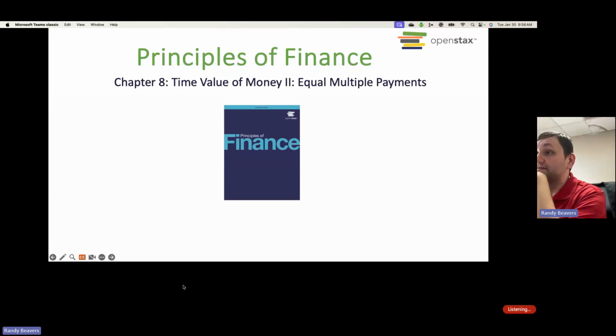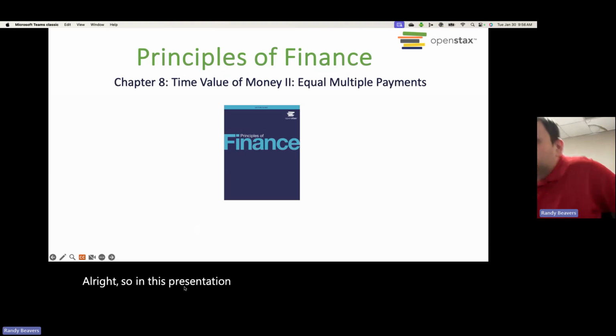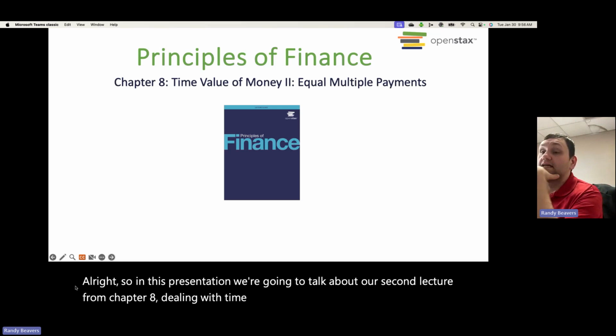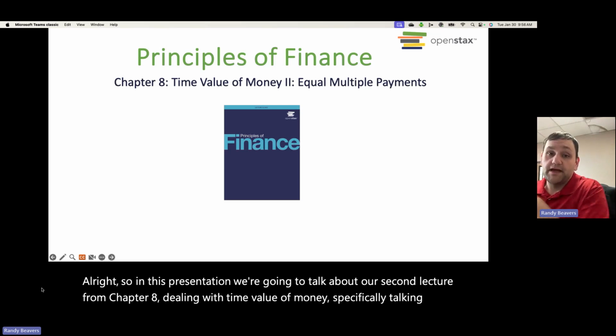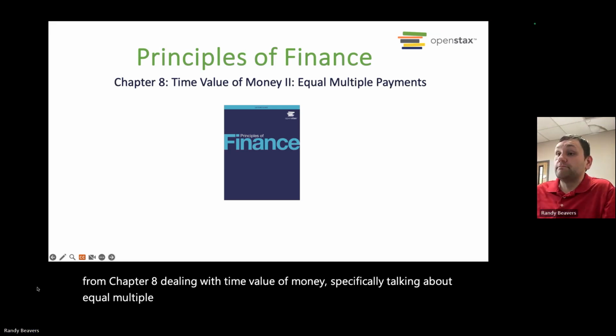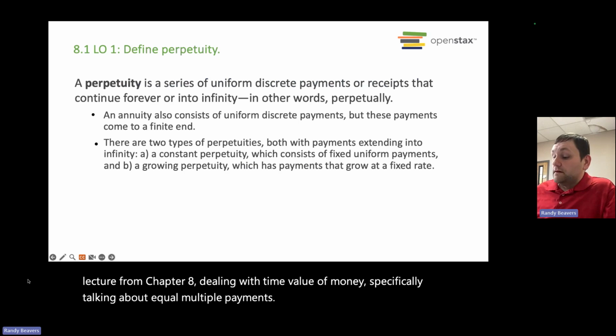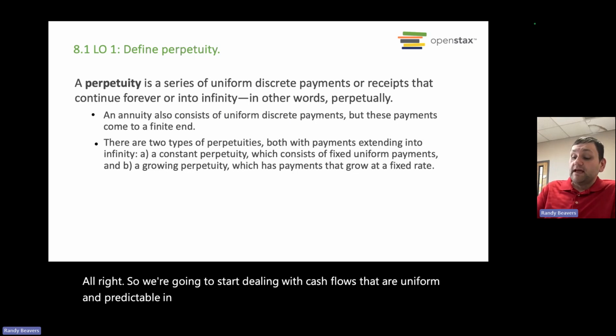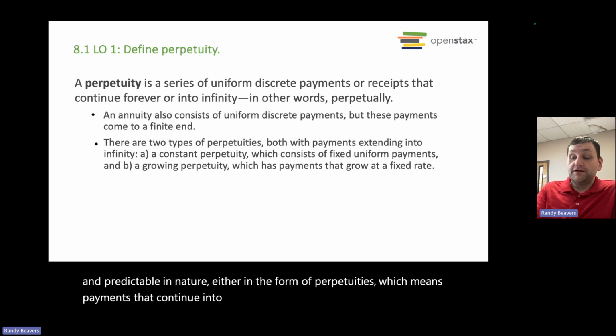All right, so in this presentation, we're going to talk about our second lecture from Chapter 8, dealing with time value of money, specifically talking about equal multiple payments. All right, so we're going to start dealing with cash flows that are uniform and predictable in nature, either in the form of perpetuities, which means payments that continue into infinity, or annuities, which are uniform payments with a finite